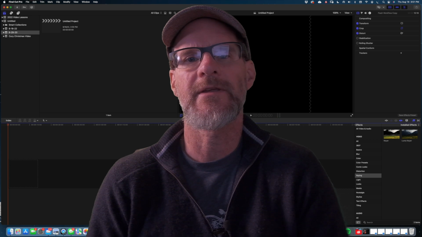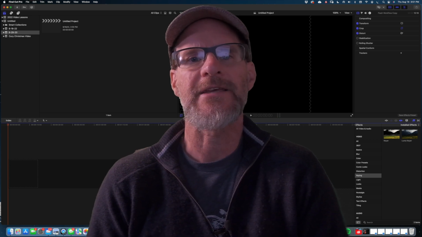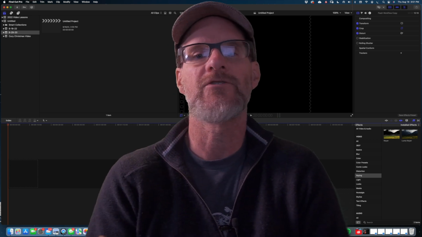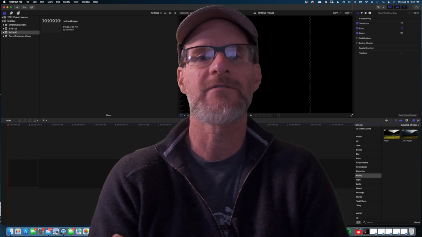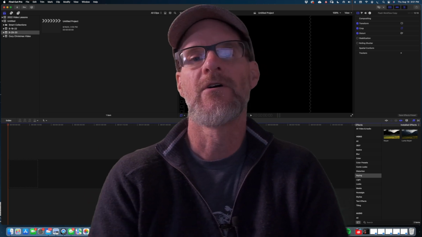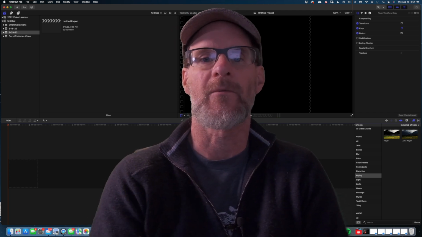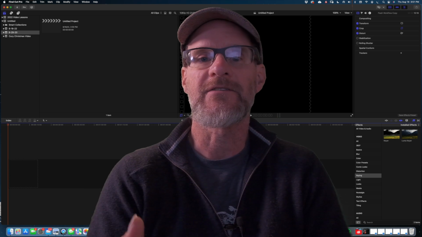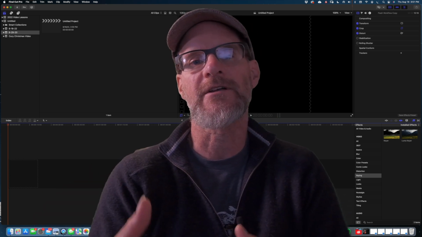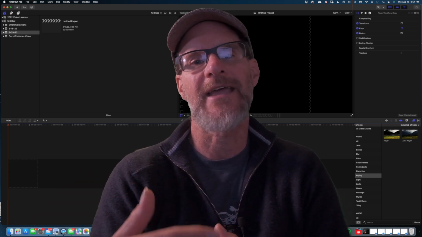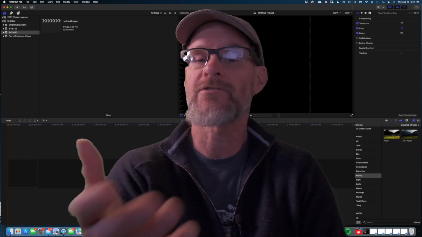And what we're going to be doing is using what's called a multicam clip. This is where you shoot multiple takes of a performance, maybe using different camera angles or different lenses, or you can use multiple cameras to shoot the same performance. But either way, the method's the same. You combine all of those clips into what's called a multicam clip, and you go from there. But I'll show you how that works.